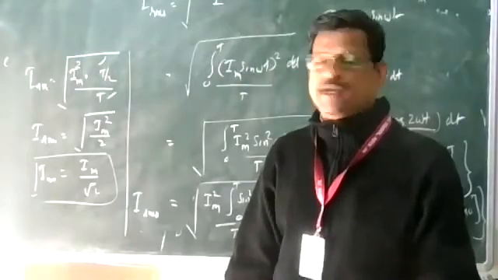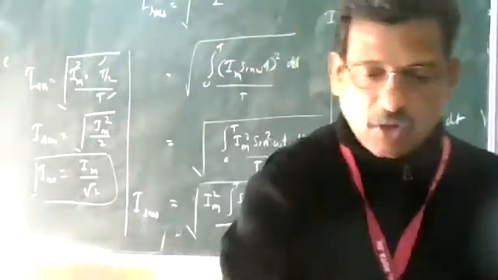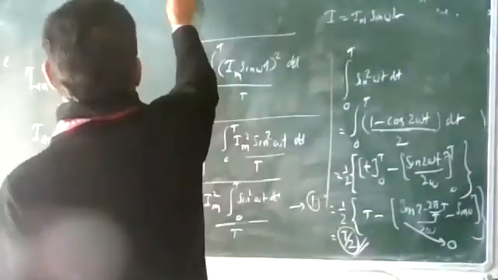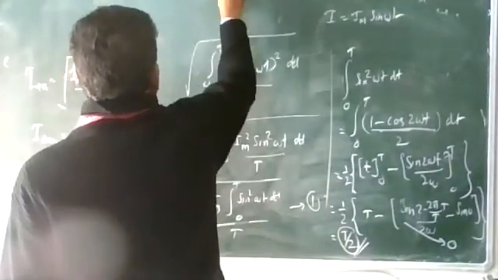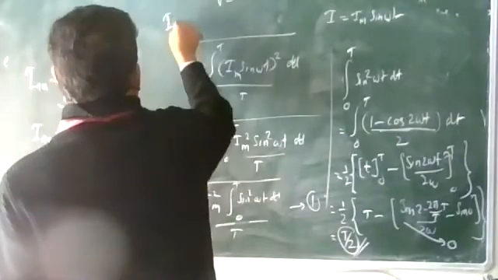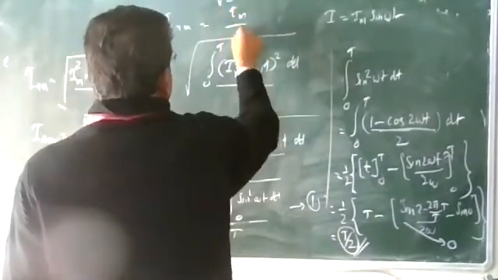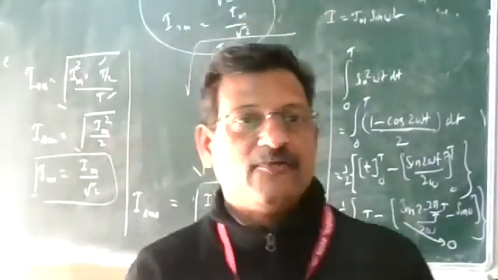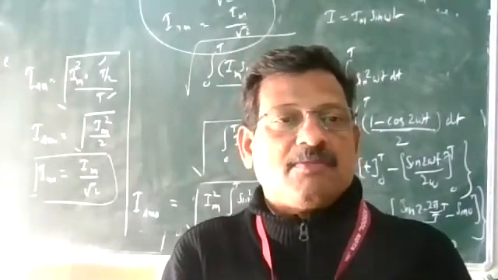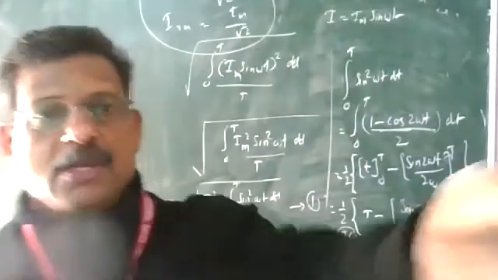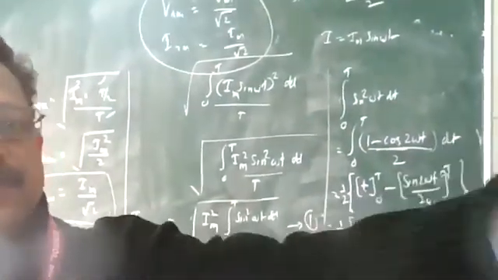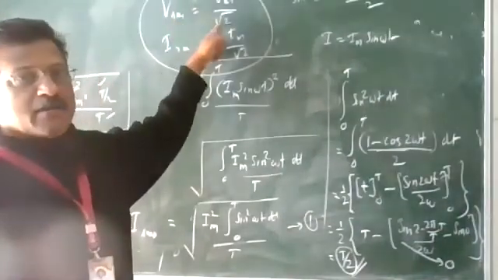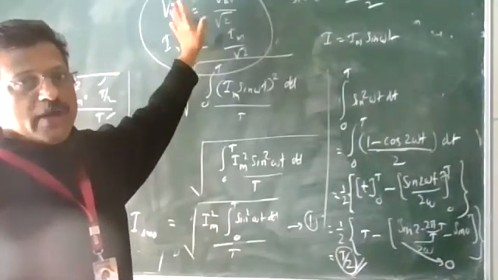Similarly, we can go for voltage. What is the RMS value of the voltage? V RMS is equal to V M, the maximum, divided by root 2. I RMS is equal to I M divided by root 2. Wherever you see an AC voltmeter, ammeter or any measurement, they stand for the RMS value only, not the maximum value. And how do you get the maximum value? The maximum value can be obtained by multiplying the RMS value with root 2. This is the way to calculate it.